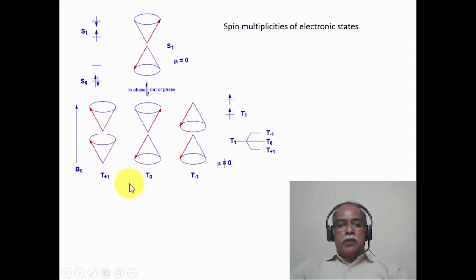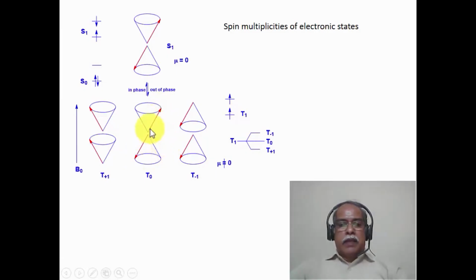The 0, plus 1 and minus 1 are the 3 eigenvalues to which the magnetic orbital momentum can be described in this molecule. The 2 spins can be pointing in the same direction, aligning with the external magnetic field, or pointing opposed to the external magnetic field, which will have the highest energy, or one pointing up and one pointing down in this particular manner,